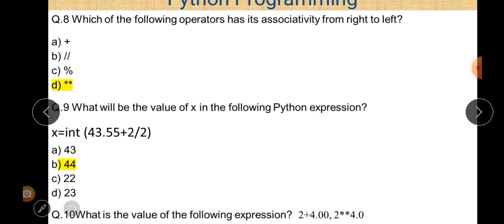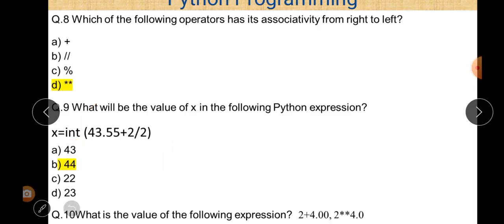But in explicit type conversion, if the value is in float or any other data type, we can convert it into another data type by mentioning the data type. In this question, there is an example of explicit type conversion because int is declared. So there is an expression, and whatever be the answer of this expression, finally it should be converted into int data type. Okay, so that is explicit type conversion. Now let us check it. What is the answer?